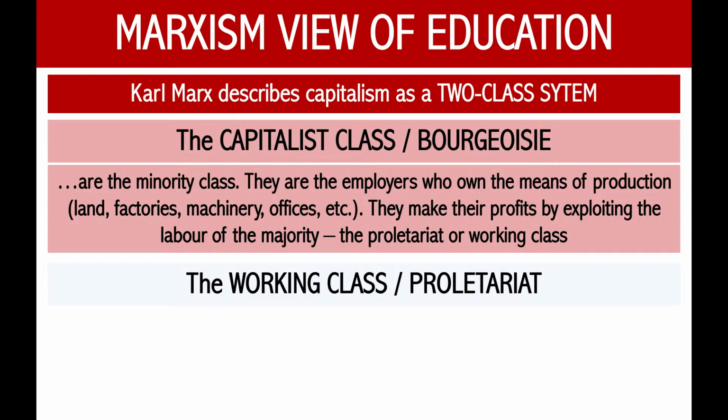And they're the employers who own the means of production, so land, factories, machineries, offices, etc. What you should be thinking about is Elon Musk, Jeff Bezos. They are people we consider bourgeoisie, a capitalist class in the modern sense. And they make their profits by exploiting the labour of the majority, their workforce, who are the proletariat or the